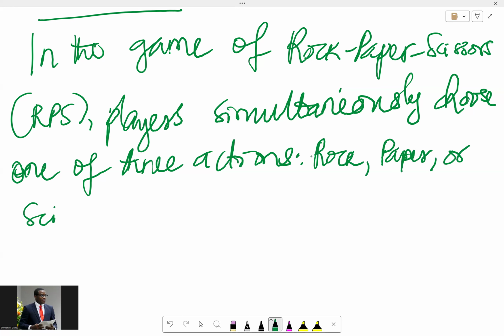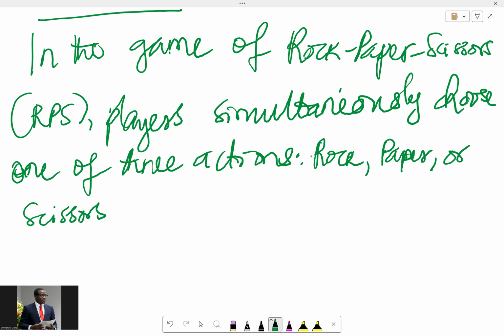You do the motion with your hand. Rock is when you make a fist, when you turn your hand into a fist. Paper is when you open your hand, and scissors is when you use your two fingers to make a scissors. So that's the idea. It's not like you actually use an actual rock, paper, or scissors, but you use your hand for these